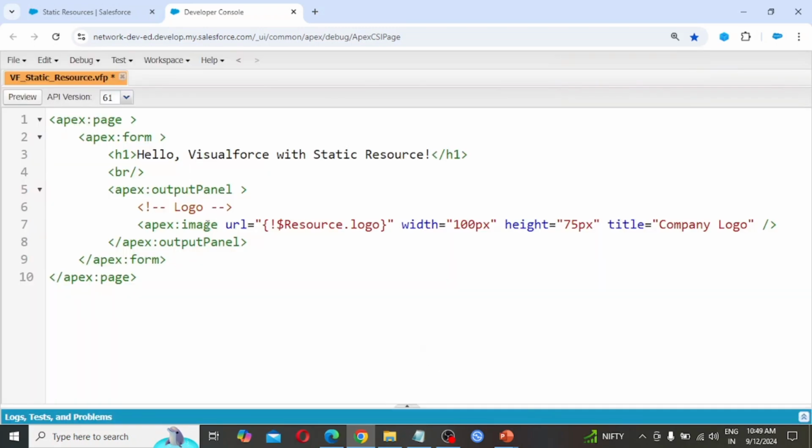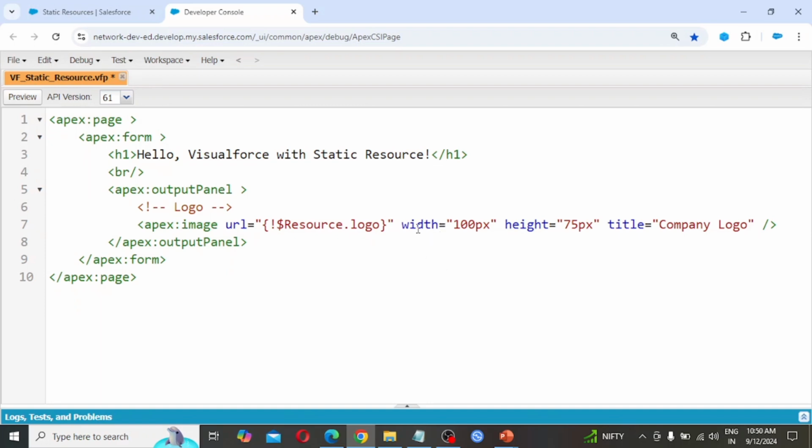In this Visualforce page, apex:page, apex:form, under this an h1 tag: Hello Visualforce with static resource. Then a br tag for line break, apex:outputPanel. In this, apex:image url equals in double quotes, opening curly brace, exclamation mark, dollar symbol, Resource, with R capital, dot logo, the file name, then closing the curly brace and double quotes.